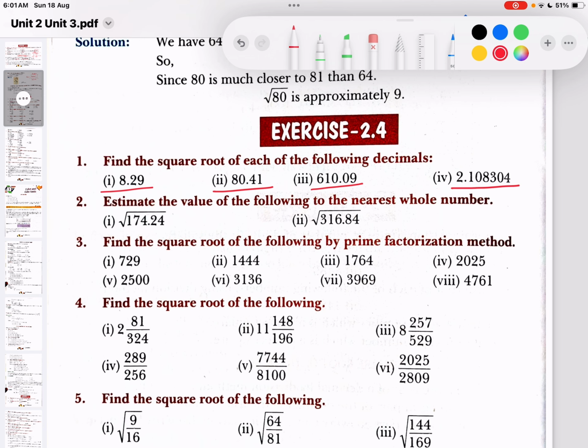You have to attempt it in the rough copy. Then after, if you are able to solve, write it down in your fair copy. If you are not able to, and there is a doubt you cannot resolve, then when I come to school I will help you to note it down.